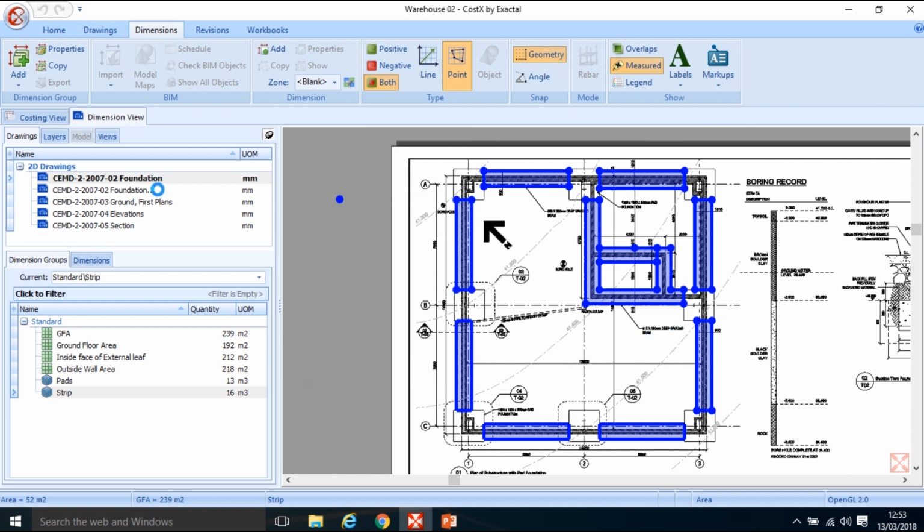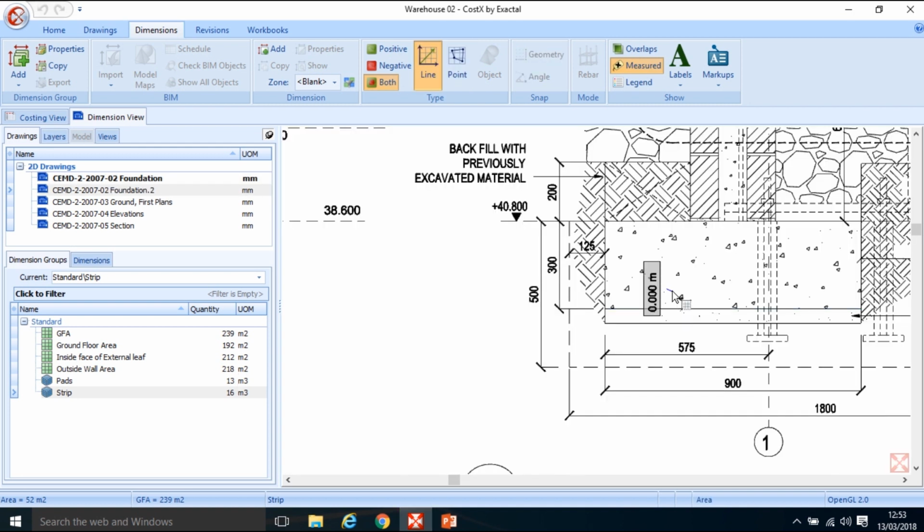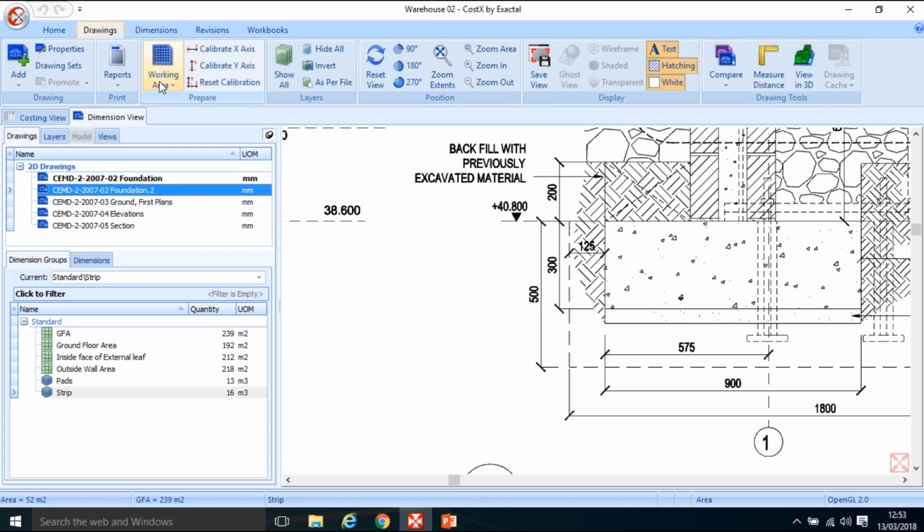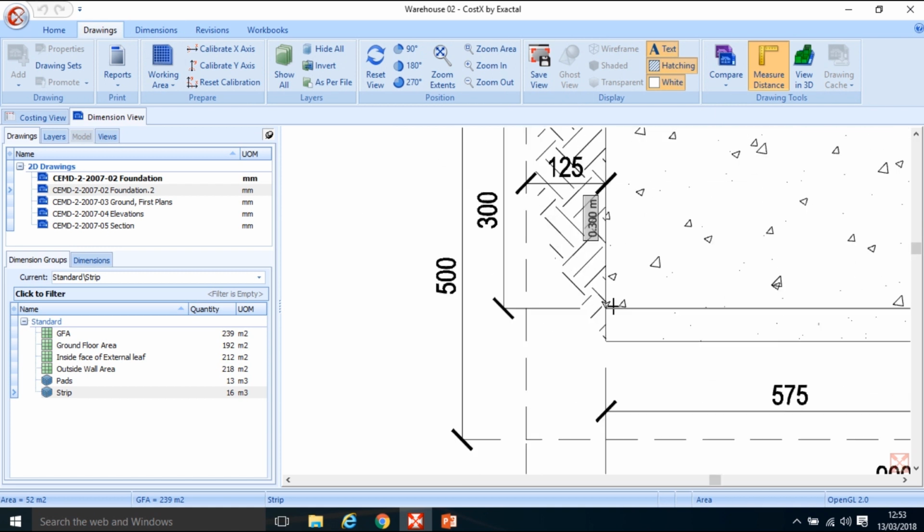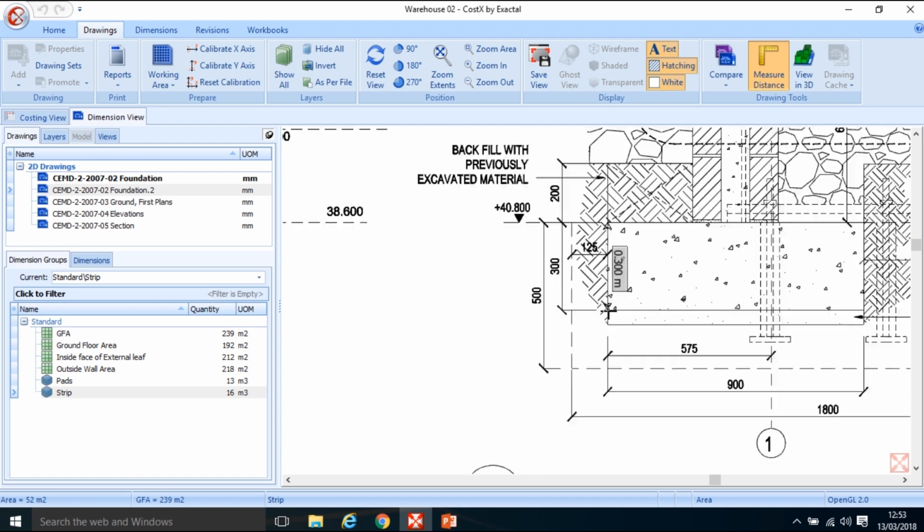Again, where did I get the 300 millimeters default height? I would have taken it from my Foundations 2 plan, measure distance, and there is my 300 millimeters. This little bit at the bottom here is a lean mix blinding. So again, press escape and go back to